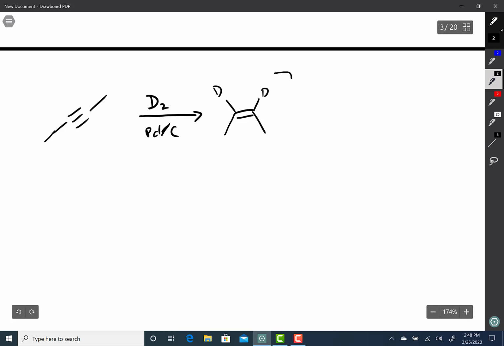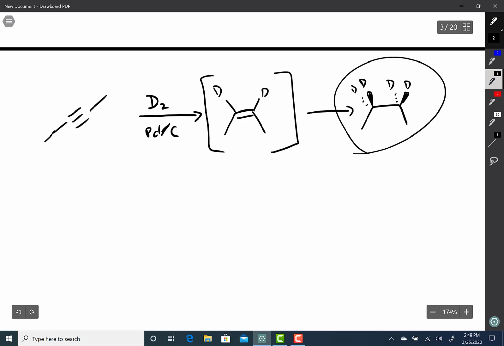But the issue is, it is too strong. It doesn't stop at the alkene. It keeps going and adds 2 more deuteriums to that, giving this as a product. So you end up adding 4 deuteriums total to the alkyne, and you end up with this. If you want to stop